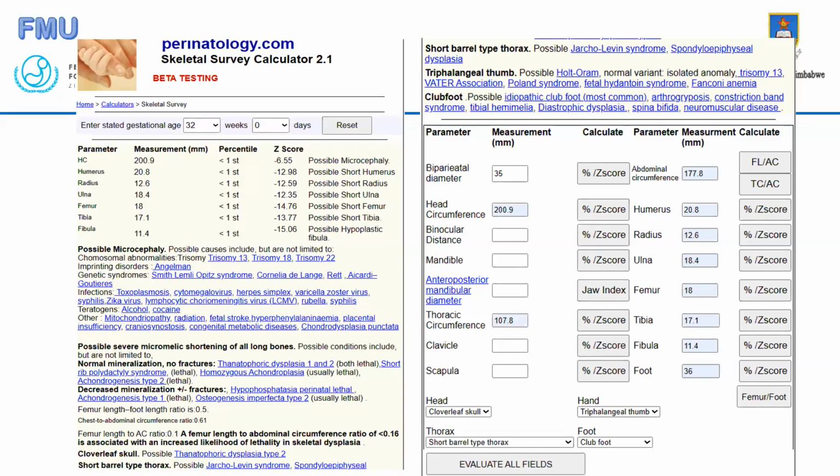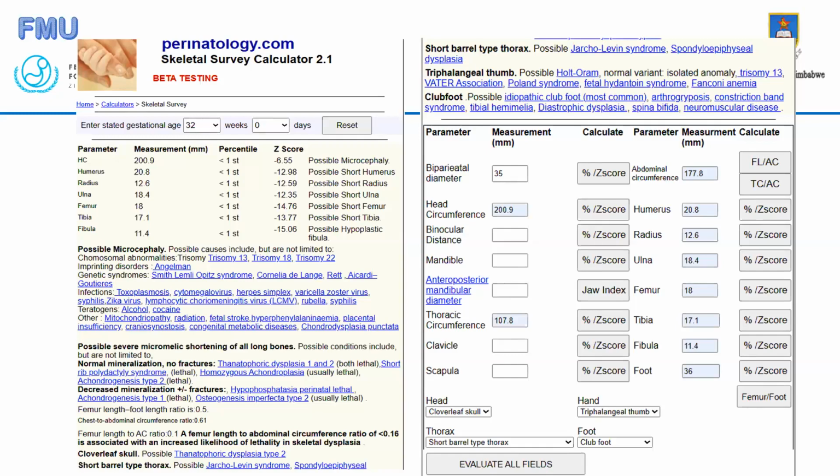Even if you are to do further tests, then you narrow down your test so that you do the specific test instead of just being too general with the test. So remember, the perinatology.com website is very useful. It's not only useful for this, we also use it for many other